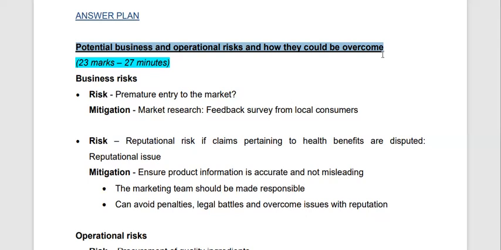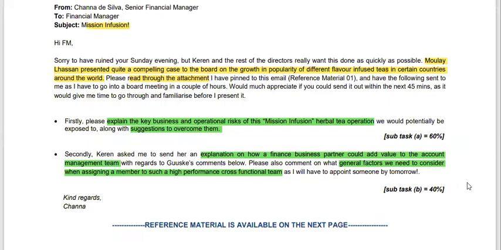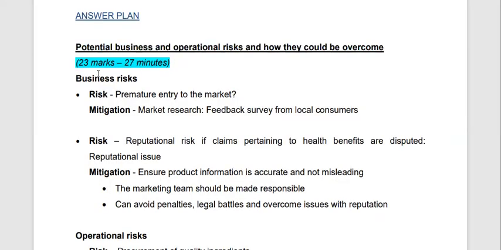So you come up with the main heading. It's in bold and underlined format. That's that. Then think about the time allocation and mark allocation. So it says in the question for subtask A, a weightage of 60% is provided. So 60% of your total time is 27 minutes, and 60% of your total mark allocation out of 37.5 marks, you are supposed to allocate 23 marks.